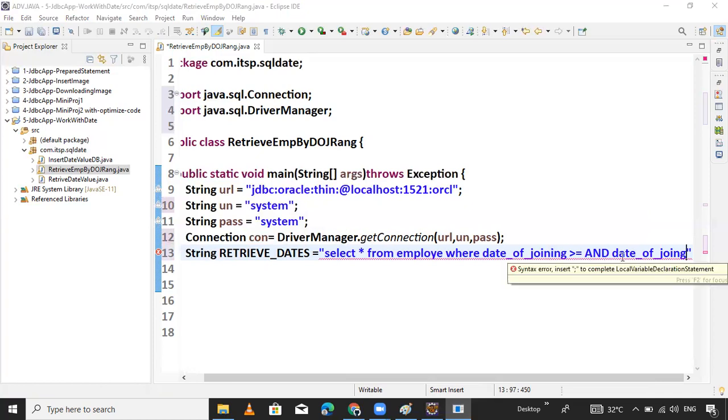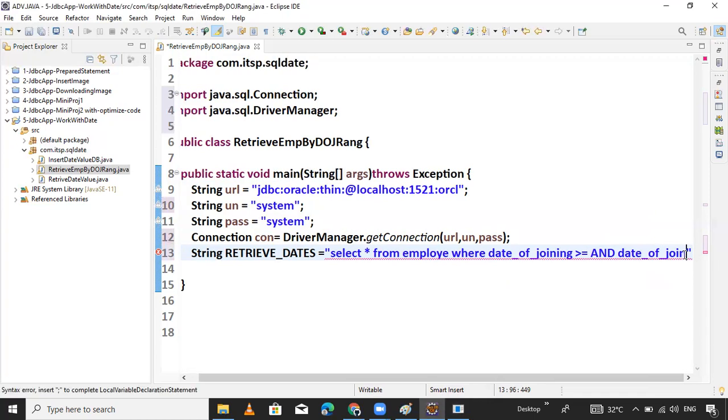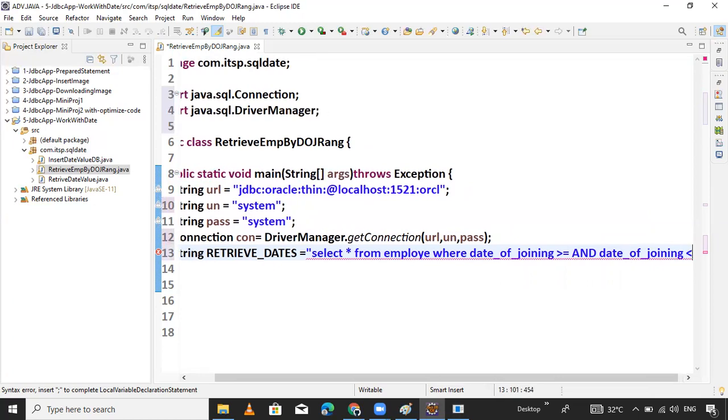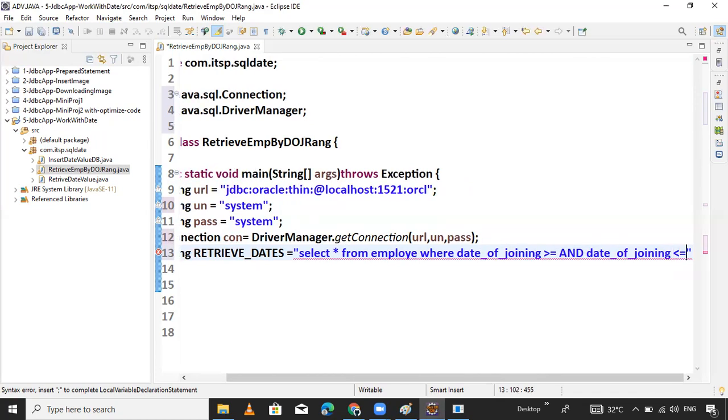Joining, that's it. Date of joining less than equals to question mark.